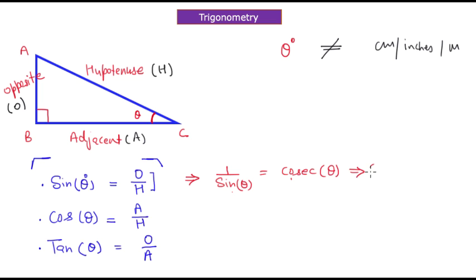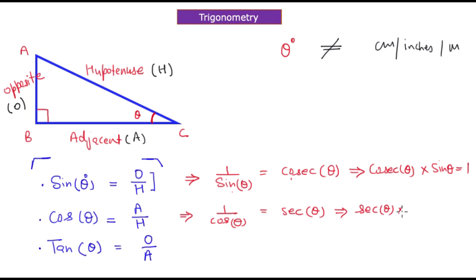This means that cosec value of theta times the sine value of theta is equal to 1. Likewise, I have an inverse of cosine of theta, and that is known as the sec theta, right? It might sound confusing, but this is how you are going to remember that inverse of cos is sec. This also means that when you multiply these two quantities, sec of theta times cos of theta, it is also